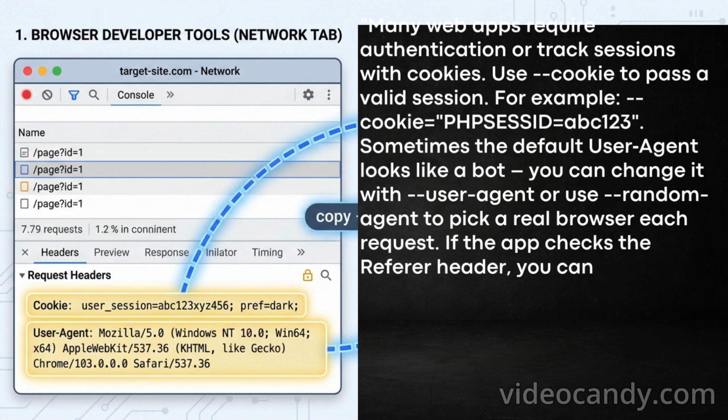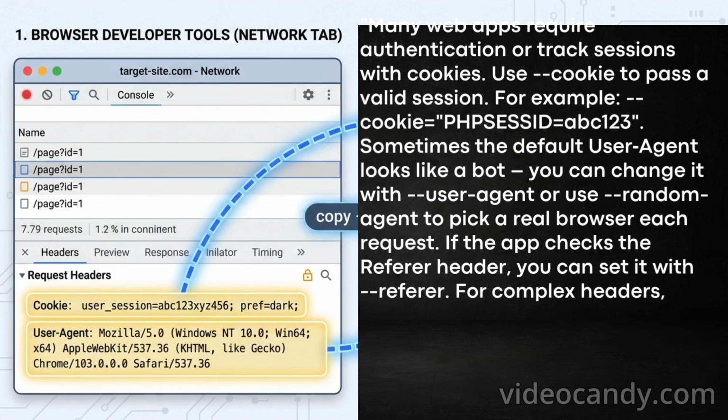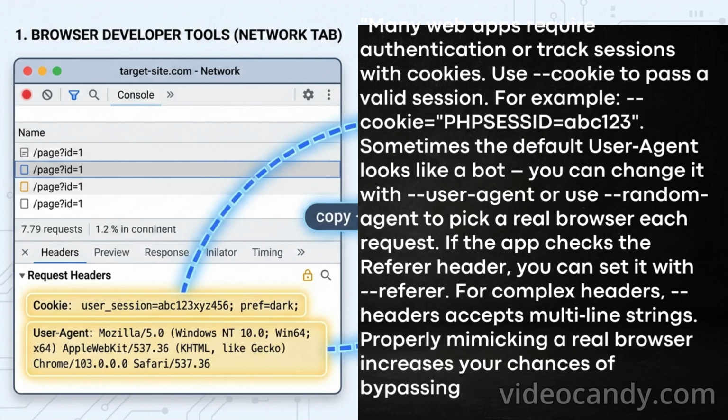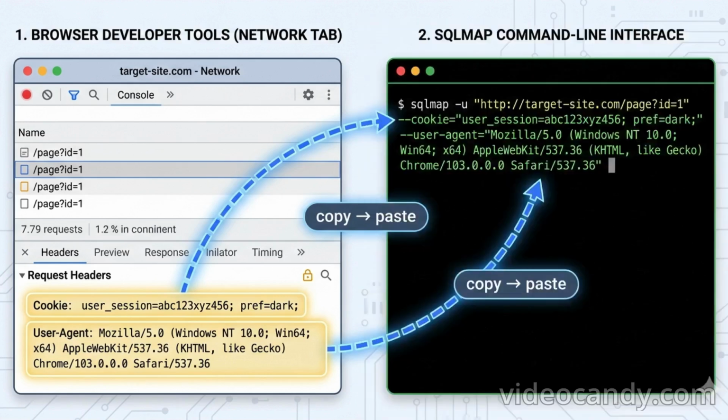If the app checks the referer header, you can set it with double hyphen referer. For complex headers, double hyphen headers accepts a multi-line string. Properly mimicking a real browser increases your chance of bypassing WAFs and avoids logging as a scanner.